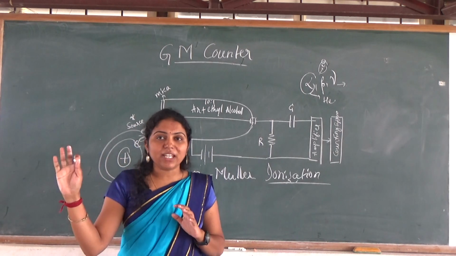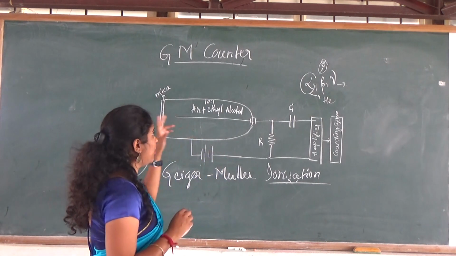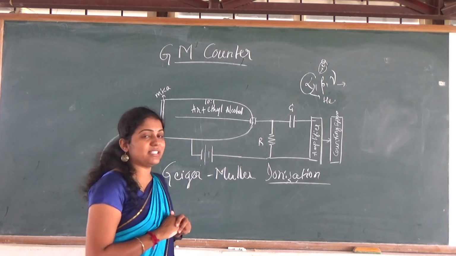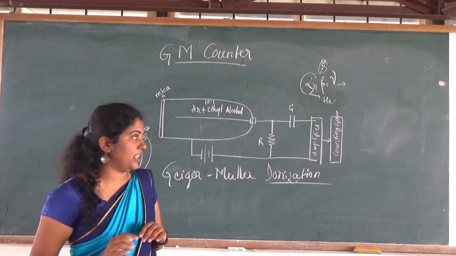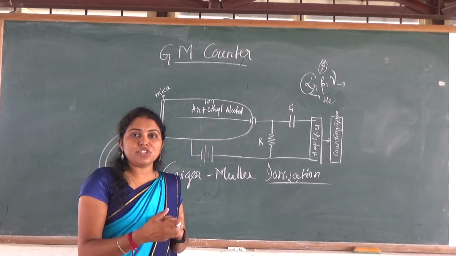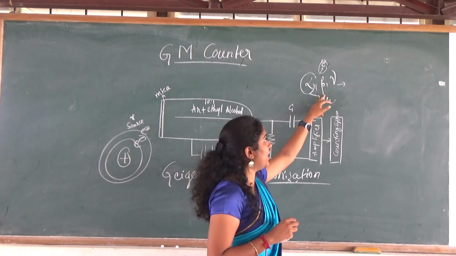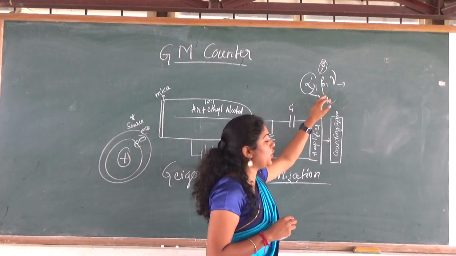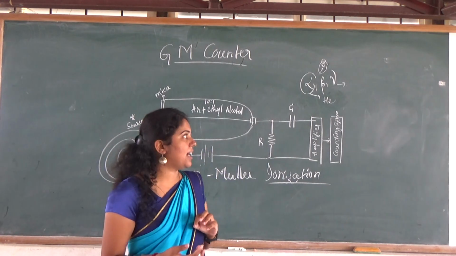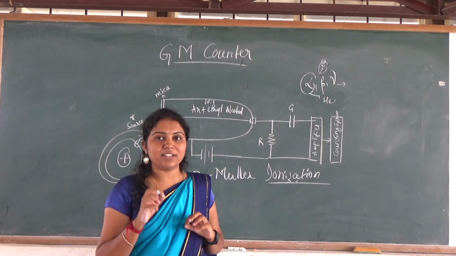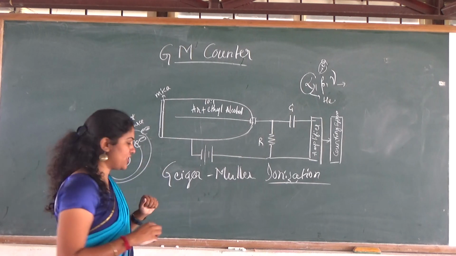We have many detectors. Today we are going to discuss the GM counter, which is a nuclear radiation detector used to detect nuclear radiation. It is especially active for the beta source. It may count gamma also, but the extent of that is very less. Okay, let us come to the topic, the construction first.